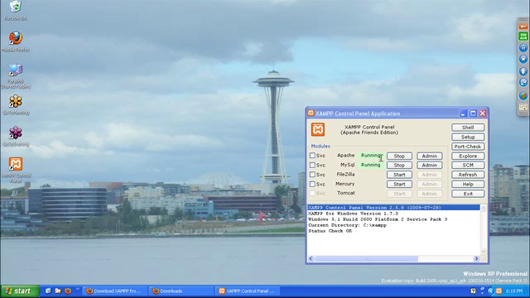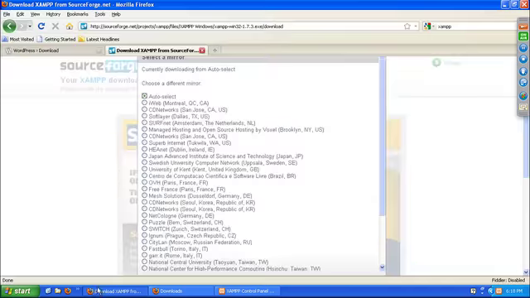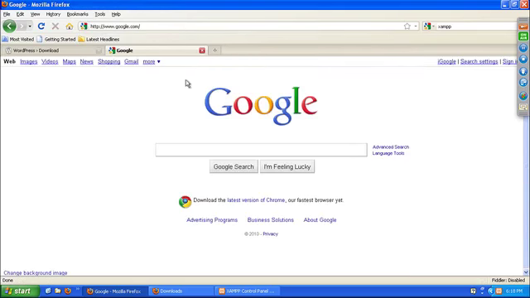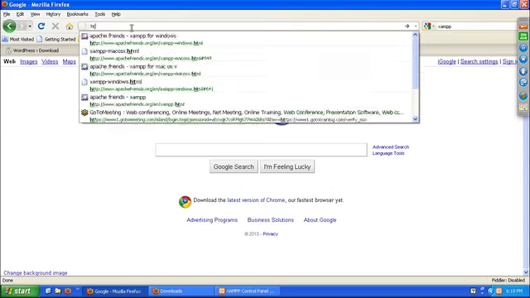So the first thing is, let's check out this XAMPP thing. I mean, we have it installed, but what does that mean? So what I want you to do is open up a browser. I'm using Firefox because Firefox is awesome. And I'm just going to go to Google here to refresh stuff. What I want you to do is in the address bar at the top, go ahead and erase Google, and I want you to type in http://